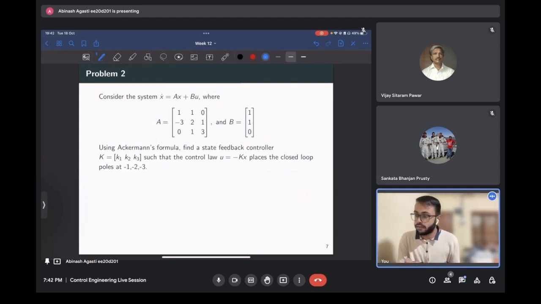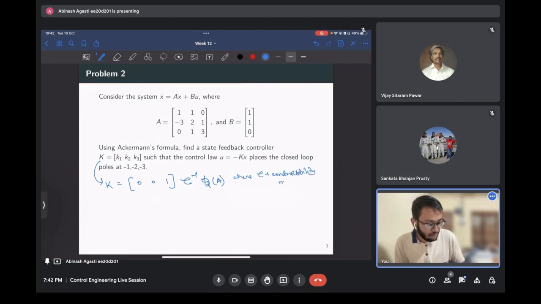So if we remember Ackermann's formula, capital K is given by [0, 0, 1] C inverse phi d of A, where C is the controllability matrix and phi d